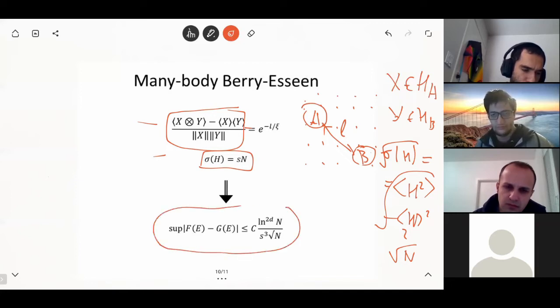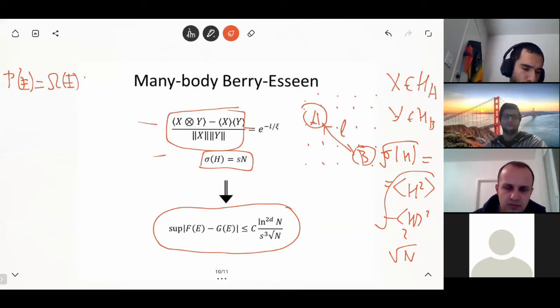I will tell you the meaning of the quantities here. So F_E here is the cumulative distribution function for the actual probability distribution. If we go back, I will not go back because it apparently doesn't work so well. As we defined, this P_E is equal to the density of states times the Boltzmann factor, right? And this is something that doesn't even have to be nice. It's not analytic because it depends on discrete levels and stuff like that. But of course we consider an analytic limit of this thing, and we define this